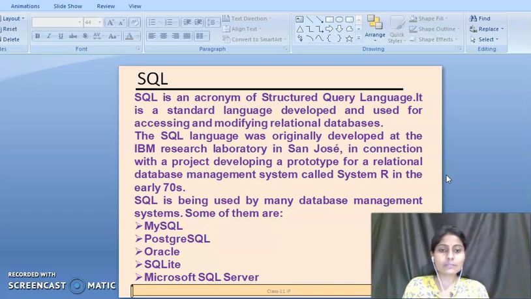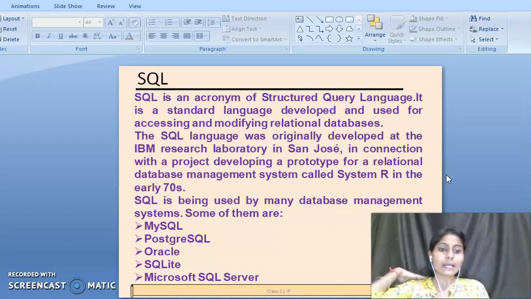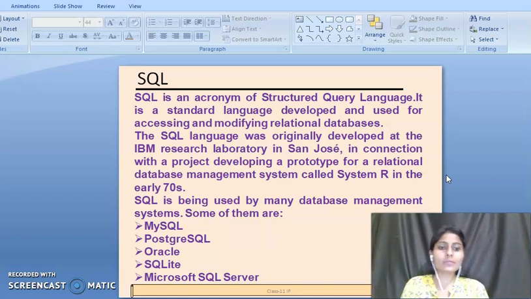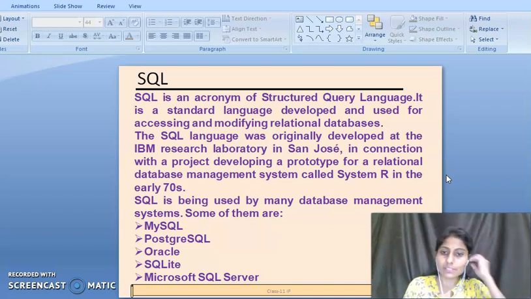The SQL language was originally developed at the IBM Research Lab in connection with the project developing a prototype for a relational database management system called System R. So in short, SQL was originally developed in the IBM Research Lab as the result of the project System R in the 1970s.